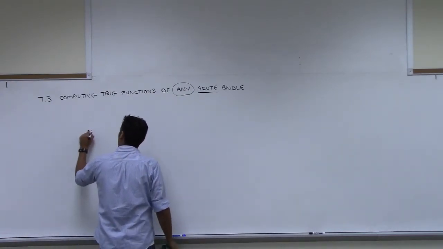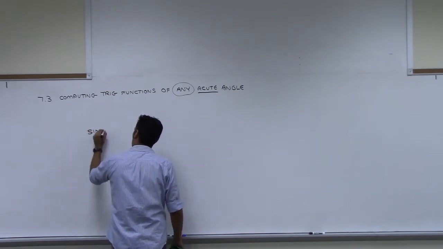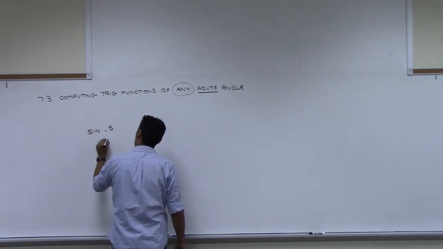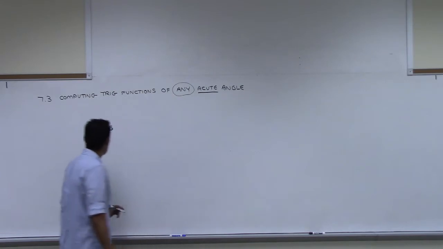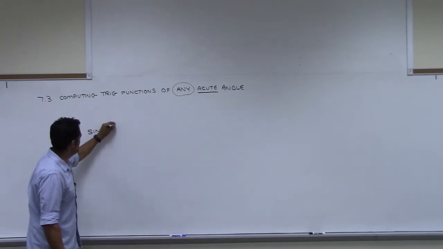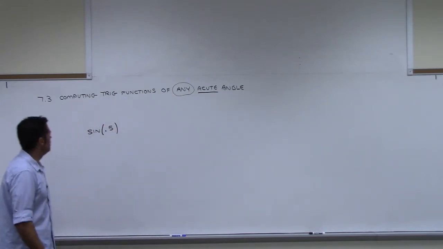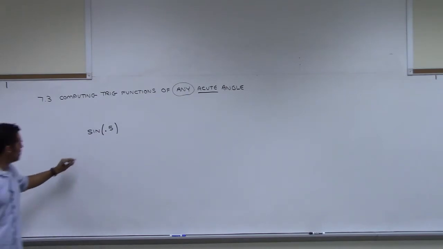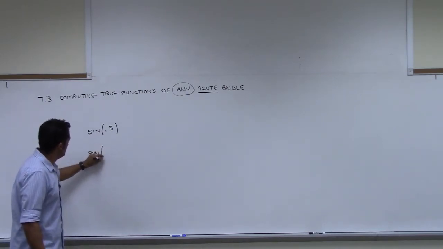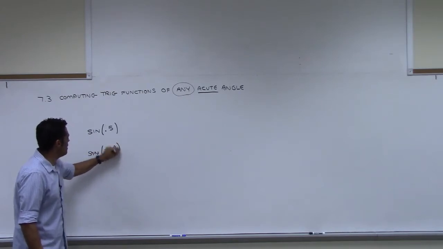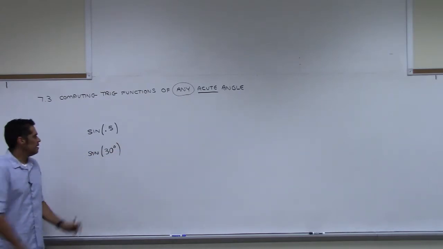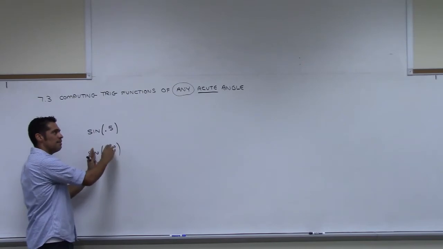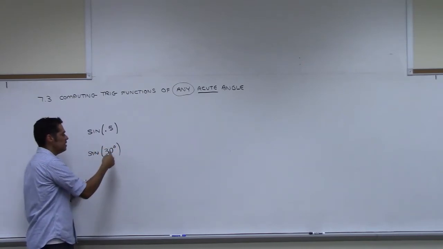What is sine of 0.5? And I think I'll put the 0.5 in parentheses like this. I haven't been doing that. I've just been writing 30 and 60, right? So when I write sine of 30 degrees, I could have written it this way, but I didn't. The parentheses is kind of to stress the fact that this is a function and that this is the input